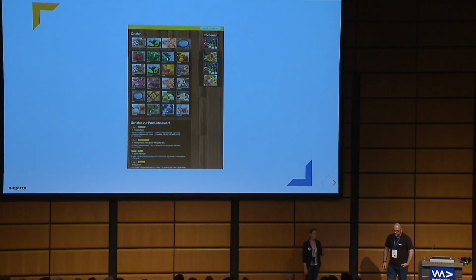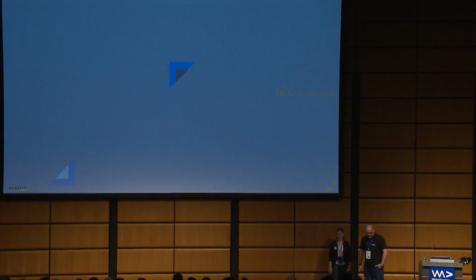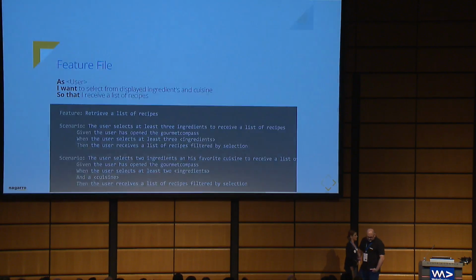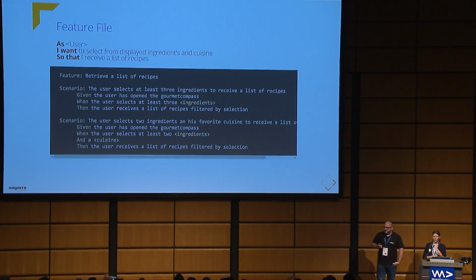Now that we have talked about requirements and user stories, we can start by formulating the acceptance criteria. We talked before about behavior-driven development and its keywords. Now let's get a little bit into action. We have our user story, so we break it down: how should it behave? What should it give to us? How should it work? We create a feature file in behavior-driven development, which is basically more than just a file.